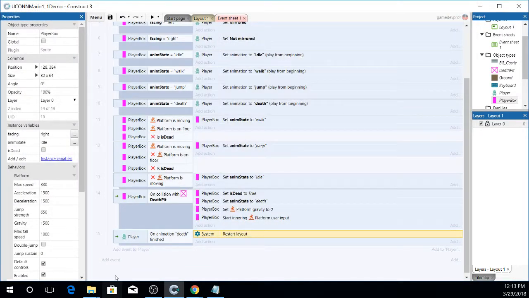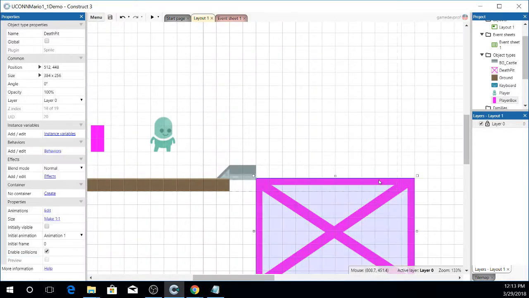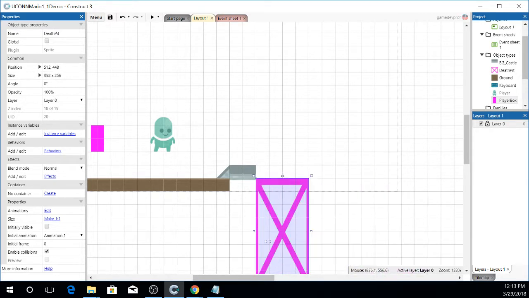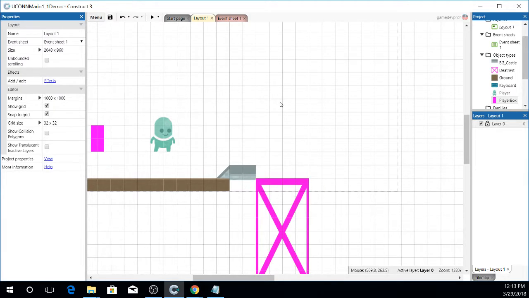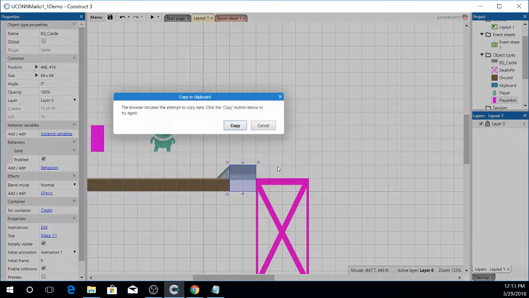So now we've got a little bit of a death pit. That's nice. Let's start in on an enemy. Let's hit save too, because saving is always great. So we've got this death pit. I'm going to make myself a little bit of a floor. For this stuff, I don't mind resizing it whatever I want. So I'm just going to make a little pit here, and I'm going to grab some artwork,